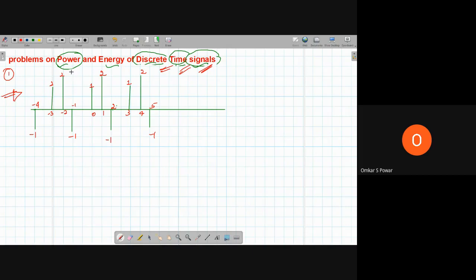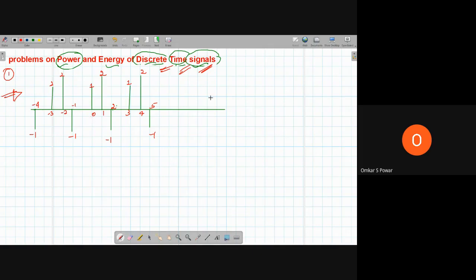So how do we identify a power or energy signal? For a signal to be a power signal, it should be periodic. So the values will be repeating. It should have a pattern. For example, this is a power signal because it's repeating. Another example will be something like this, which is periodic and repeating. That pattern, if you see, is a power signal. Okay. If it is not there, it is an energy signal.